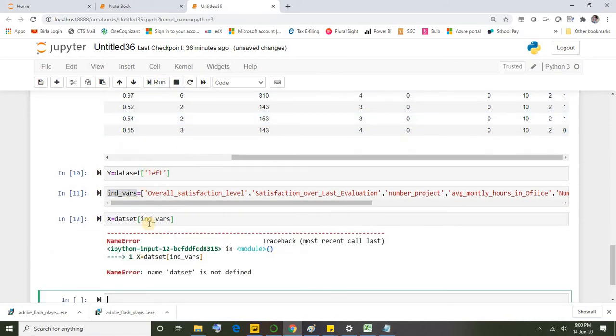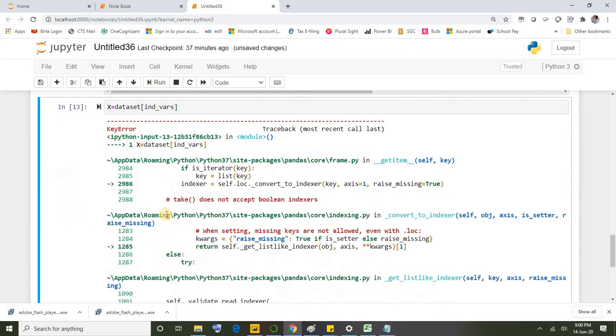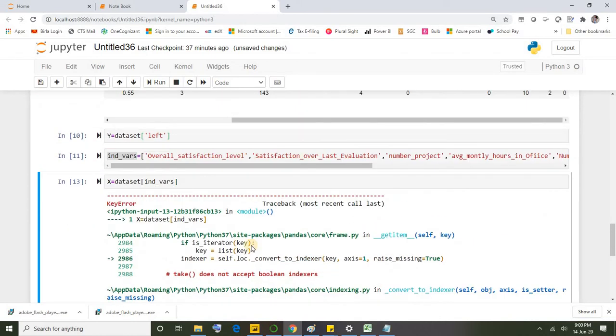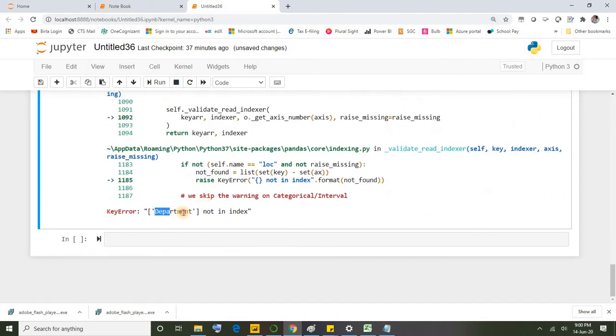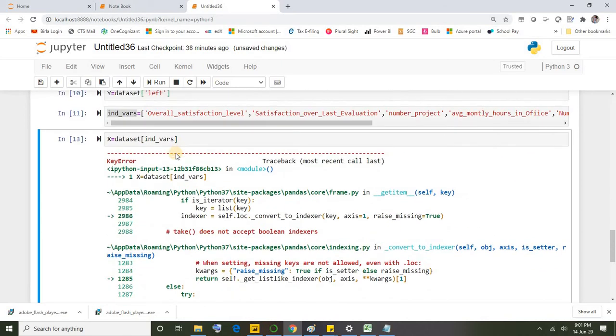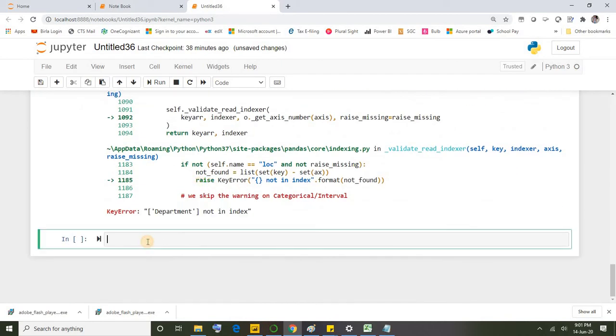All right, spelling mistake here. Okay, it's not mapped. There is one error. Let's see what that error is. If you go all the way down, it says department not an index. There is some issue with the department field. If you spell a field incorrectly, or sometimes if there is a space also, it might happen. It's not been identified. Let's see what the issue is, and for that we'll list out all the fields from the dataset and see if there are any issues.